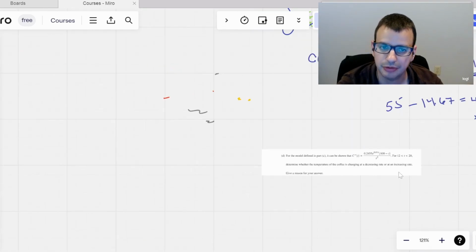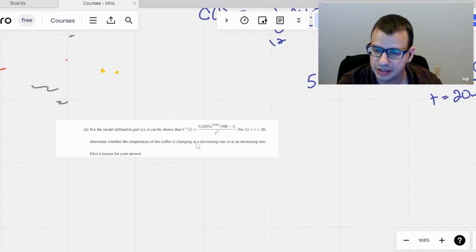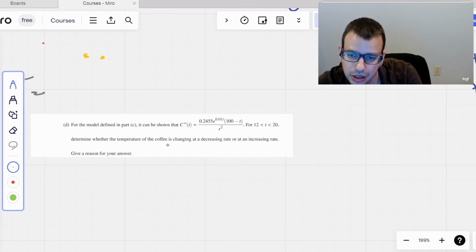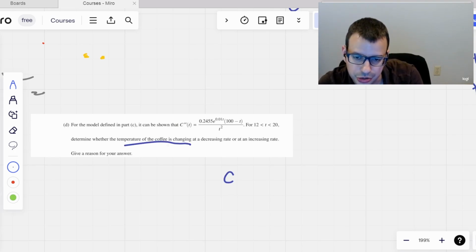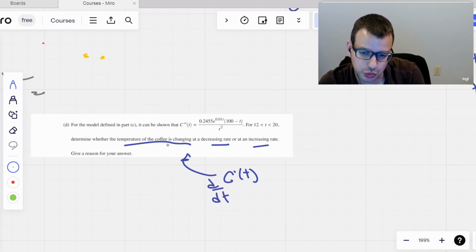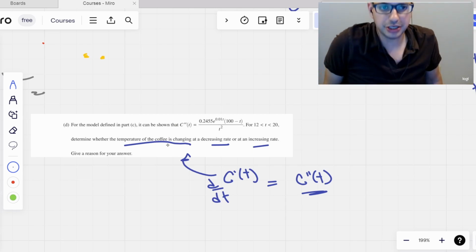So for part D, for the model, can it be shown that, remember the temperature of the coffee is changing, so C prime of t, is at an increasing or decreasing rate. So we want to find the derivative of C prime of t, which is going to be C double prime of t. So this is asking us to determine whether the second derivative is positive or negative, decreasing rate or